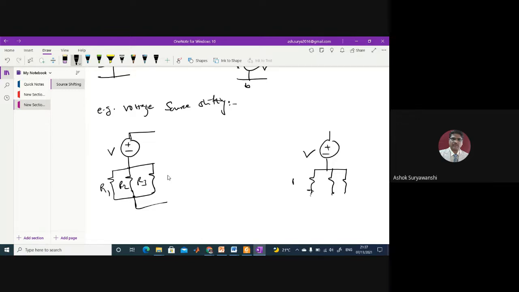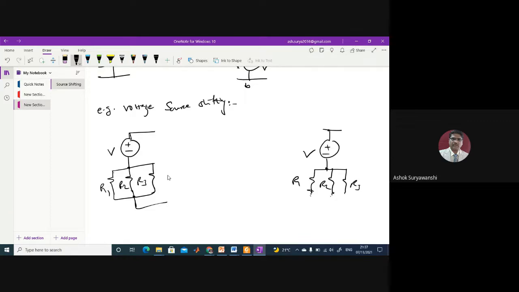So in that situation, you can see R1, R2, and R3 are in parallel, but this voltage source is alone here. It does not have a single resistance in series with it. Somebody will say just take the equivalent of R1, R2, R3, and that will come in series with the voltage V. But you cannot do that, because the other end of the resistors may be connected to other branches, wherein R1, R2, R3 may not be in parallel. That means you cannot find the equivalent of that.